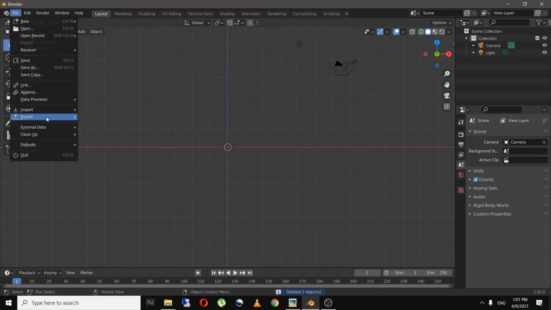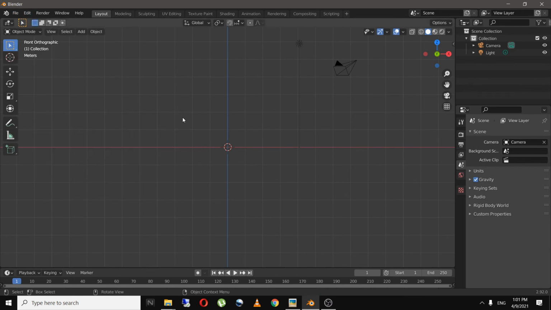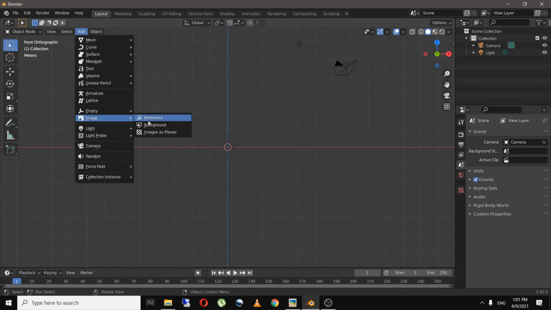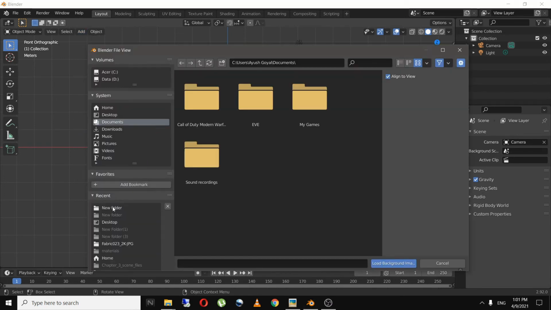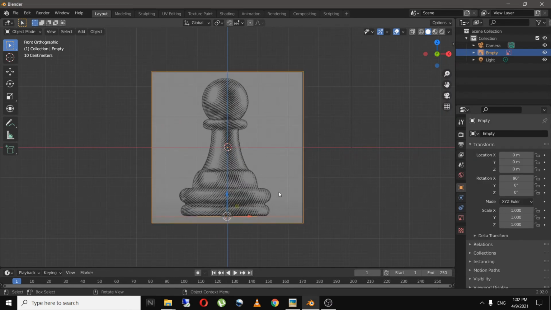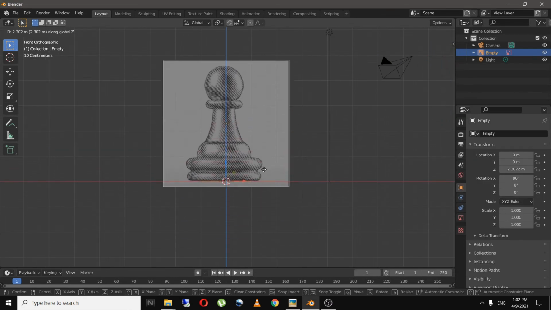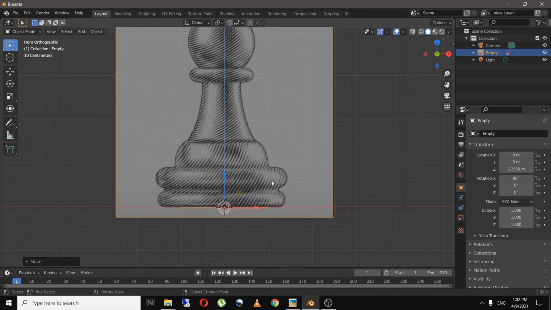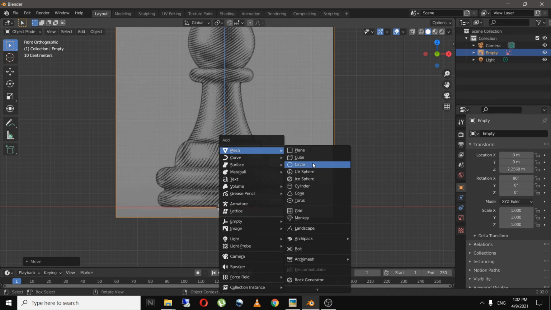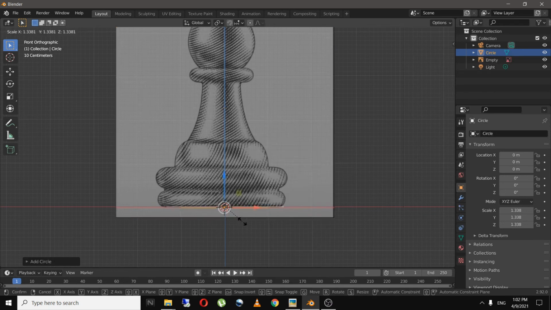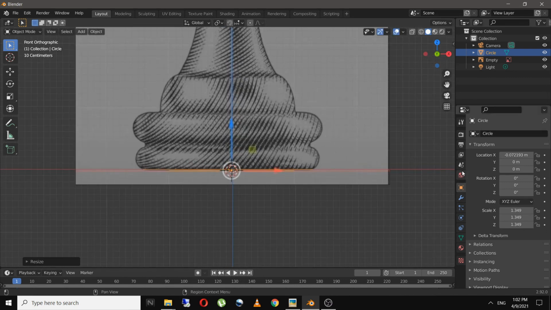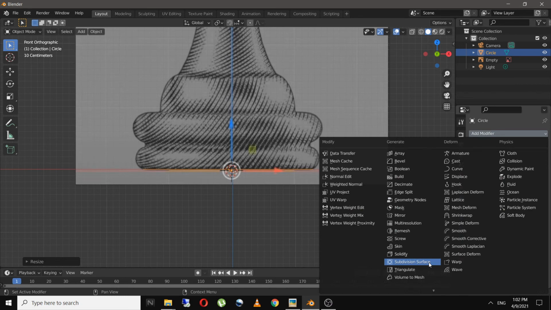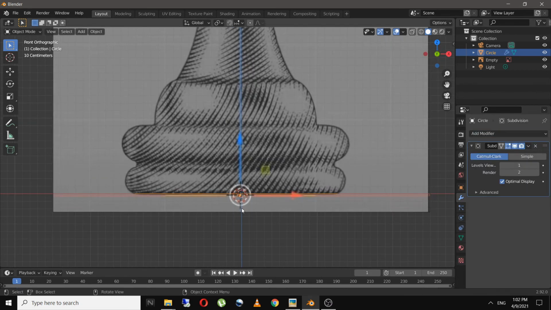So now let's see how the subdivision surface modifier works. For that, I will add in an image, a background image, and select this image. I will move this on the Z axis and add in a circle and scale it. I'm trying to scale it to the size of the image, and I will add in the subdivision surface modifier.